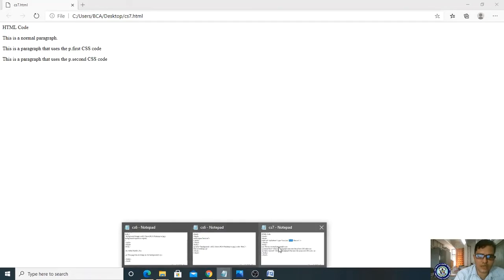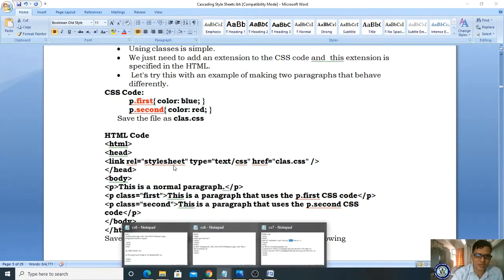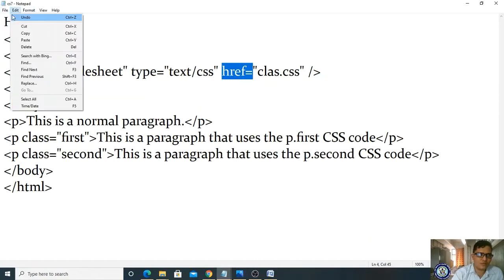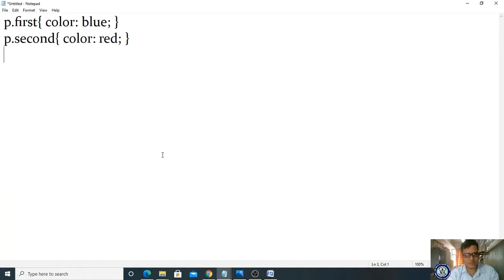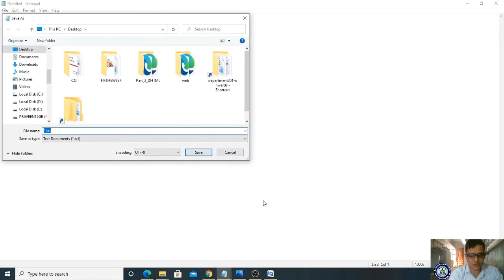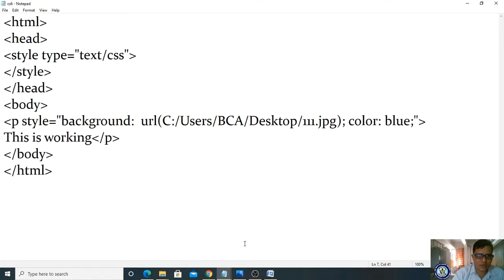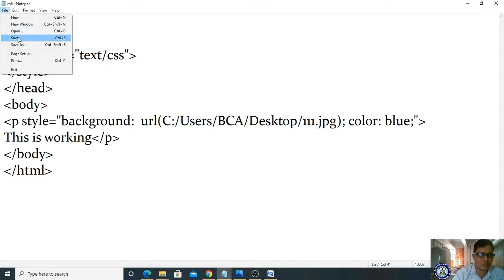We have not styled. If you want to style, we have to store this CSS code in a separate file, and link it in your HTML, right? Let me copy, take a new file, and paste. While saving, I'm giving the name class.css. This is an external style sheet, right? I'm saving it on the desktop, and coming back to cs7. I'm opening the cs7 file,